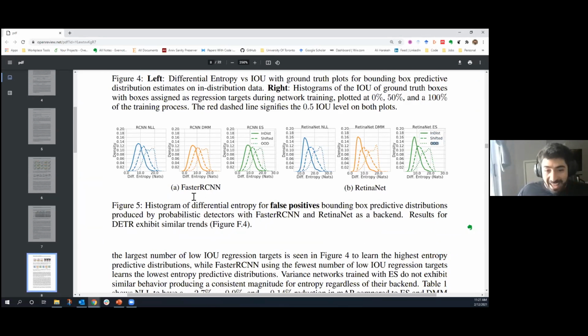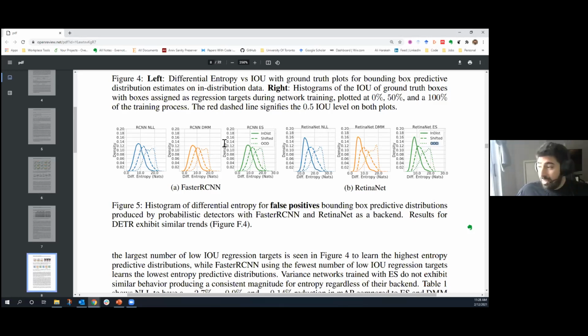We notice that our variance networks, which are technically estimating aleatoric uncertainty, can in fact distinguish between in distribution, shifted, and out of distribution instances, which is quite surprising because this is technically the job of the epistemic uncertainty, right? To detect out of distribution targets. So again, I don't think that there is a clear distinction in that we can basically disentangle the two types of uncertainties explicitly.